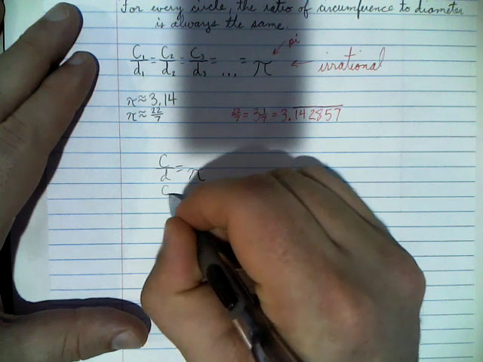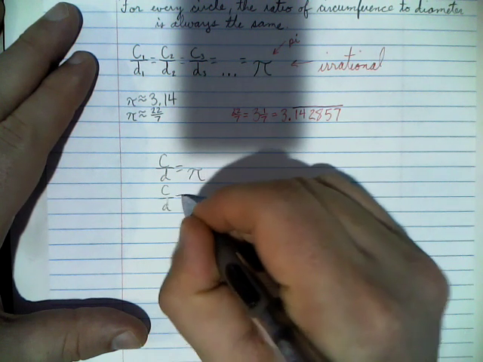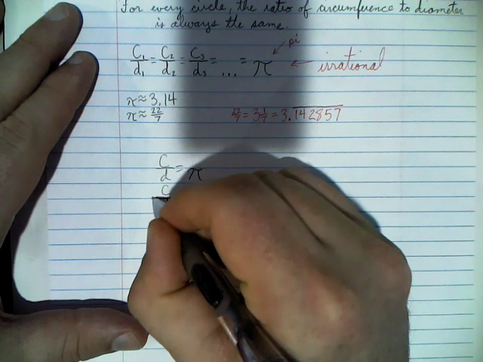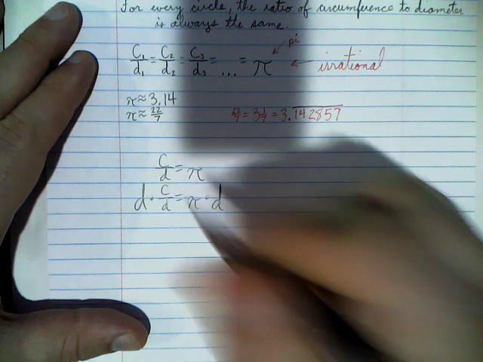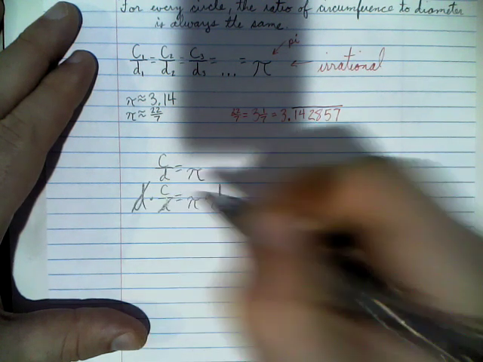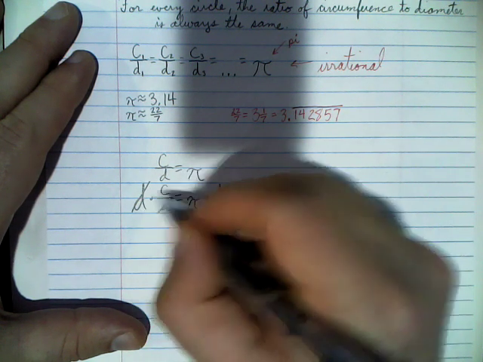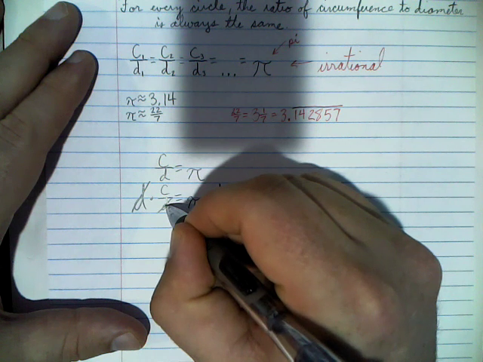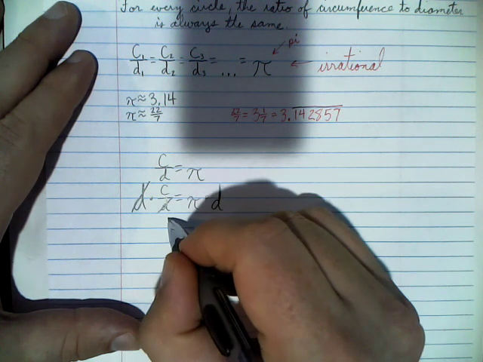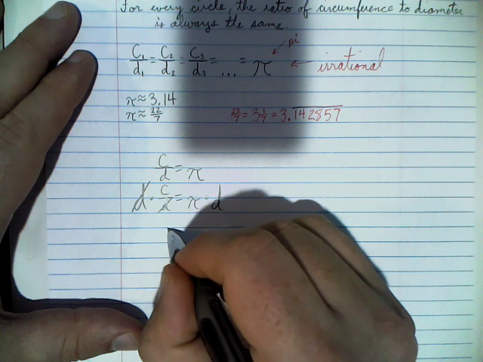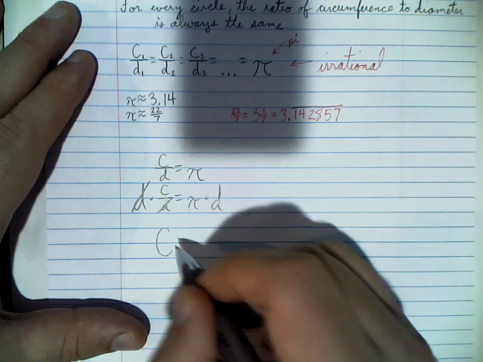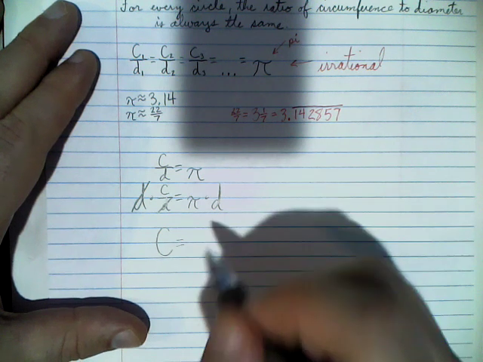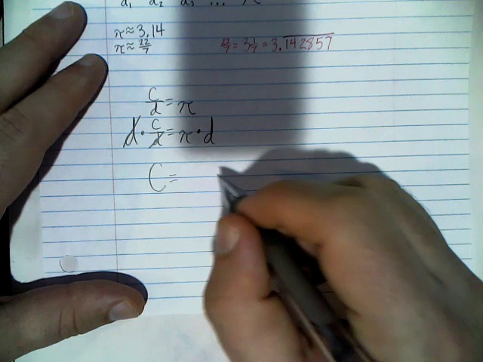So if we do the inverse of that, we're going to multiply both sides by d. So multiplying by d will cancel out the d's there. The d that I'm multiplying by will cancel with the one I'm dividing by. And that leaves me with just c. And I'm going to skip a line that I wouldn't normally skip here. And then on the other side, we're going to end up with this pi times d. So pi